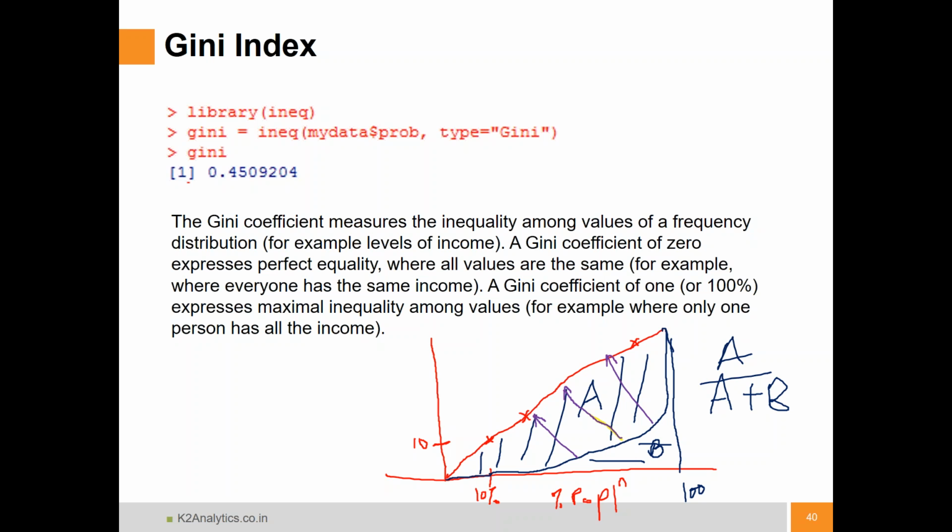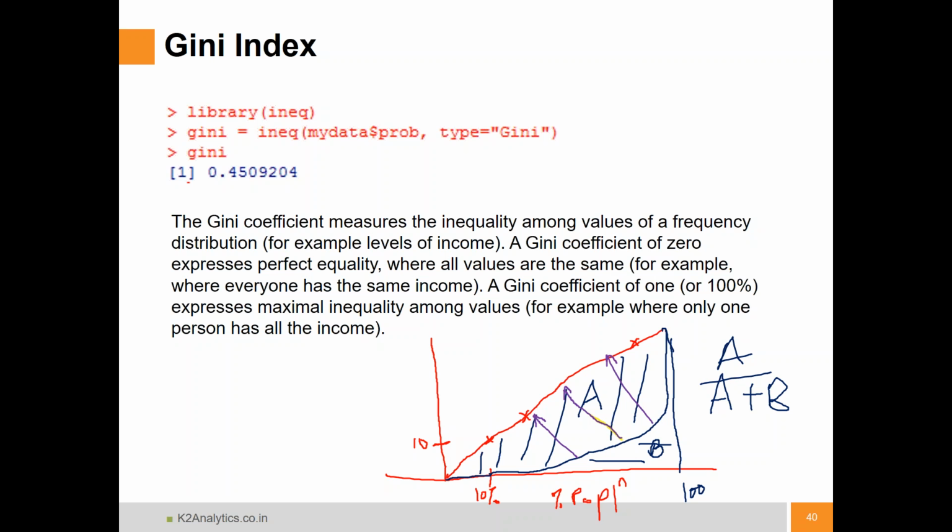If you get a KS statistic which is 70, 80, in that case definitely it is a good model, but it is too good, just like information value. If you get an information value which is 0.5 and above, it is too good, so be suspicious. Similarly, for any statistic, if it goes very high, immediately you should think it is too good to be real. There is something called optimal. These statistics have to be optimal. Similarly, if the Gini index becomes 1,